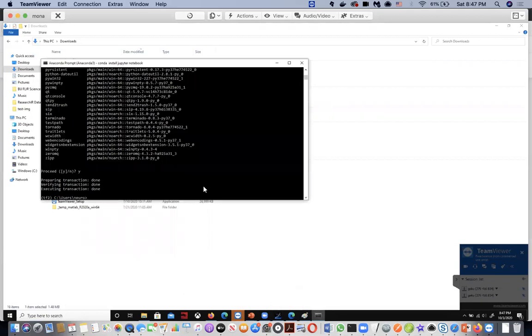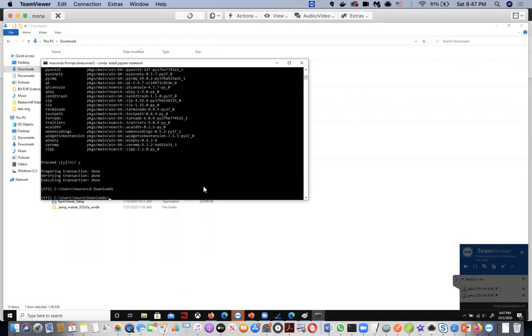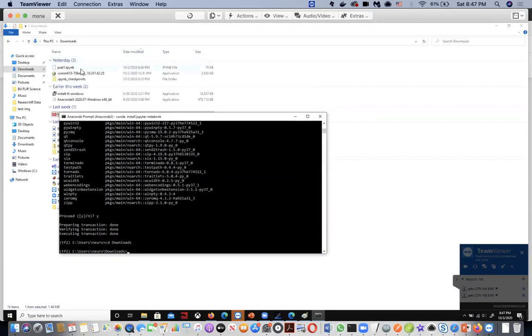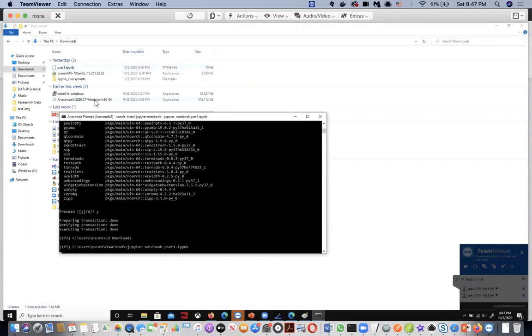So you have to do change directory, cd downloads. So now in the downloads, and cd command means change directory. So from here, the notebook is actually here already. It's called pset1.ipynb. So I'm gonna write jupyter notebook pset1, and I just press tab and it's doing tab completion in the Anaconda CLI. So if you press enter or return, you're gonna go to the browser, and